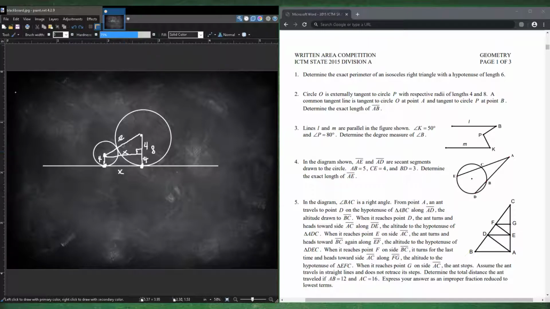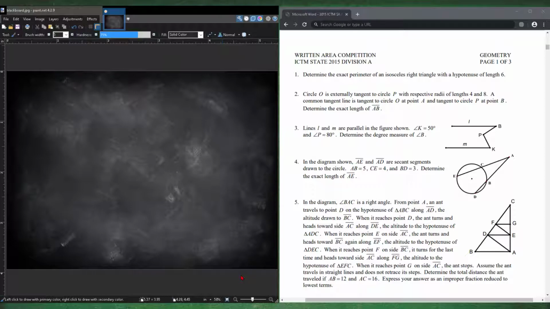So we have a right triangle, so we can just use the Pythagorean theorem. x squared plus 4 squared is equal to hypotenuse squared. So x is equal to, using our calculator, 12 squared minus 4 squared, and then x is equal to the square root of 128. That's just 64 times 2, so that's 8 square root 2. That's our length of x, so that's also our answer, because what we're looking for is x. Okay,